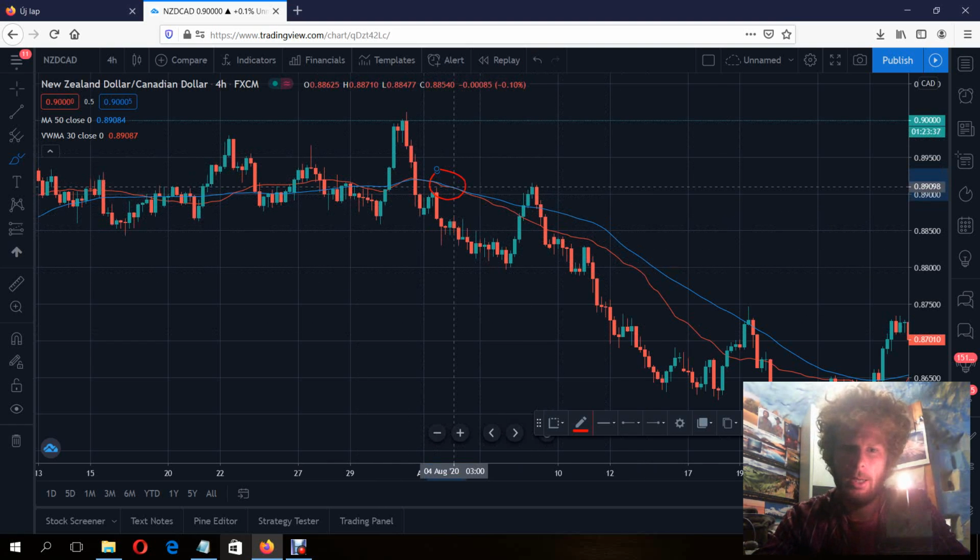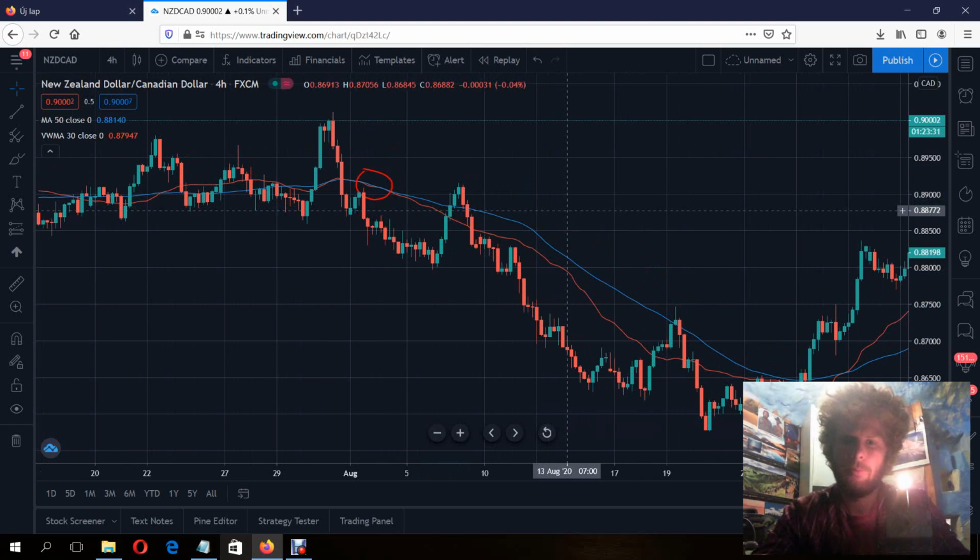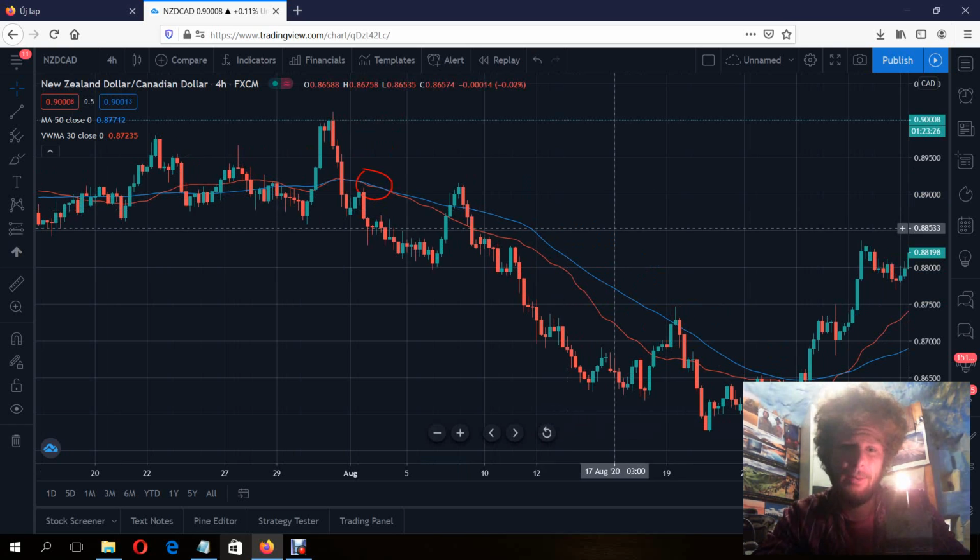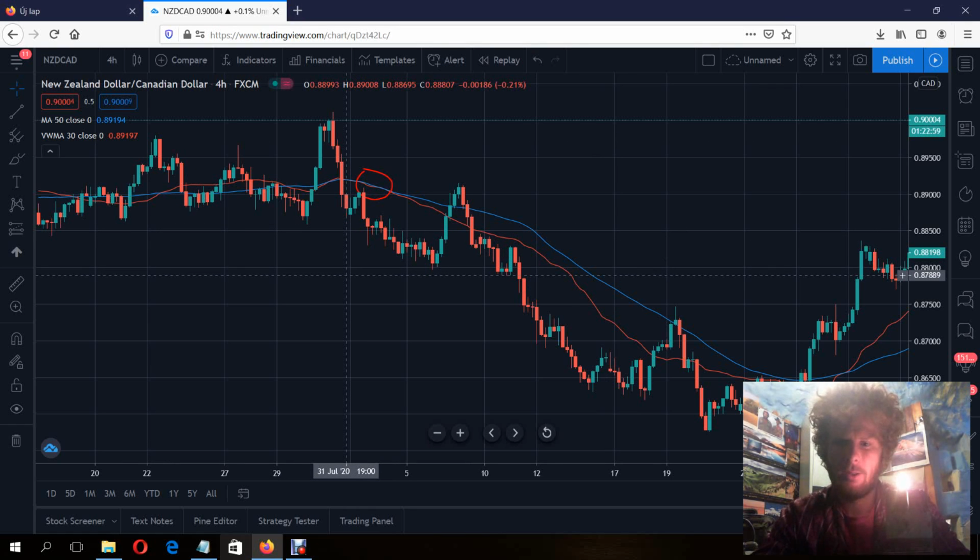So yeah, we can enter here, and now I tell you, it is really simple. There's a simple rule for trends that are already in place, and that is basically if the volume weighted moving average is between the price, the chart, and the simple moving average. Now it is a simple strategy, and it needs your attention because of the ranging markets, but if you want to build a strategy with moving averages, this is a great start, because I have built many